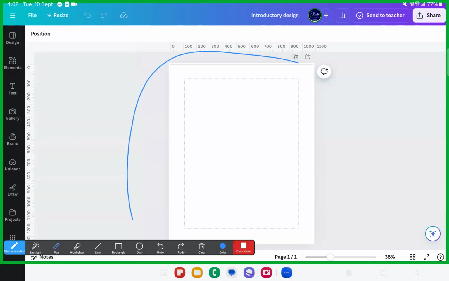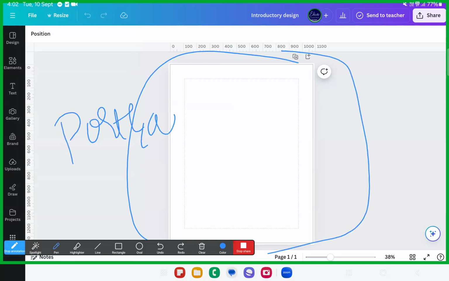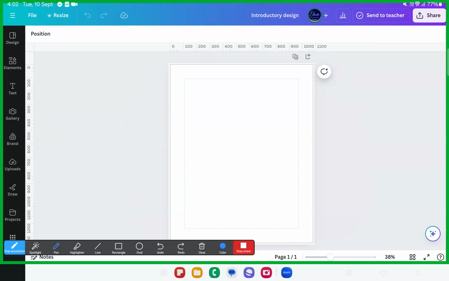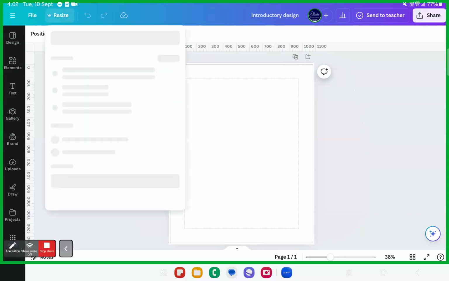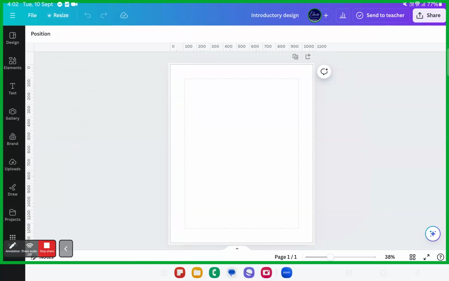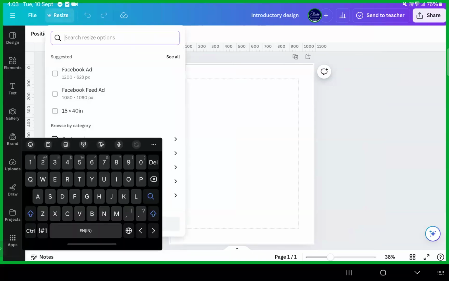If you want to resize this design, dear sisters and brothers, which is in portrait manner, to something else, you are just one click away, and you can get the design in another format. For example, you have created a design, and you have taken almost 1 hour to create it, and your client tells you, I don't want it in this size, I want it in some other size. Then remember, this resizing would actually take you another hour to do. But this tool, dear sisters and brothers, the resize button, will actually help you